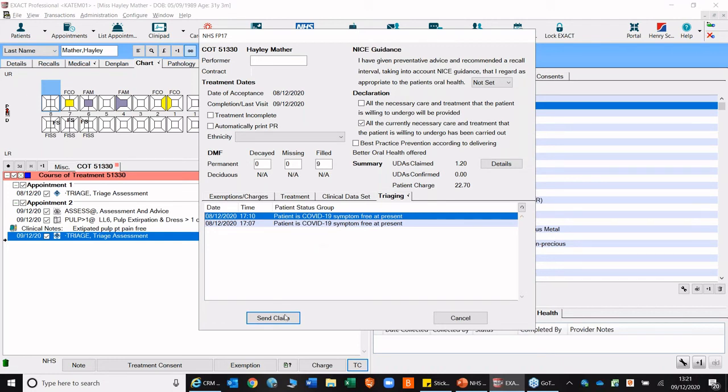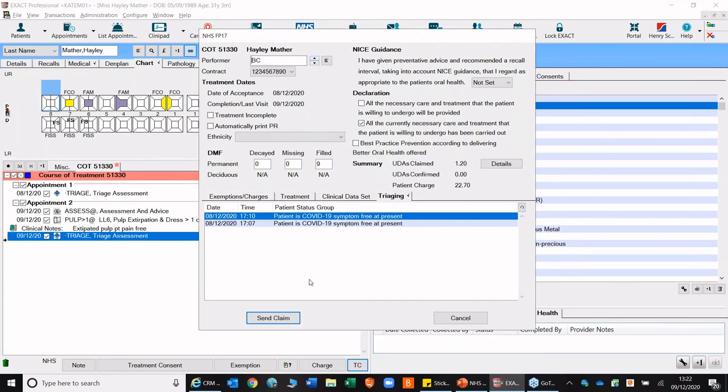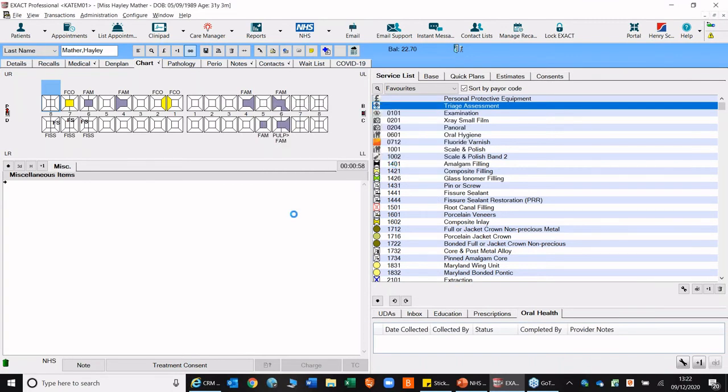Okay, so if I send that claim, that will then go off. There we are, that's it. That will then go off to the board, and you'll see that that patient's FP17 will go down to the board as any normal one would. Now, if you have a patient